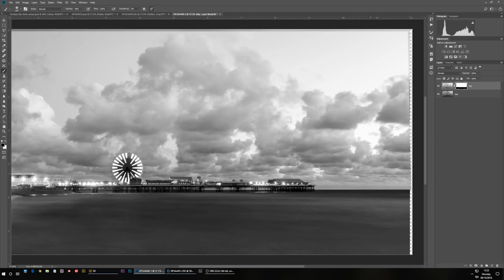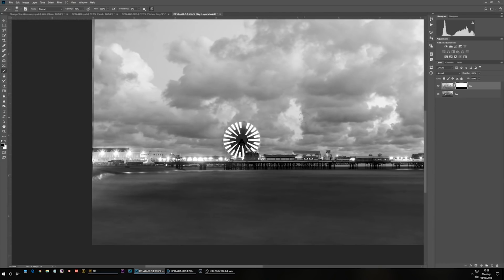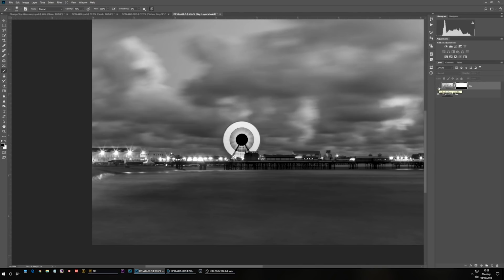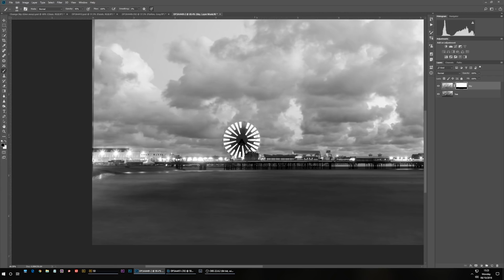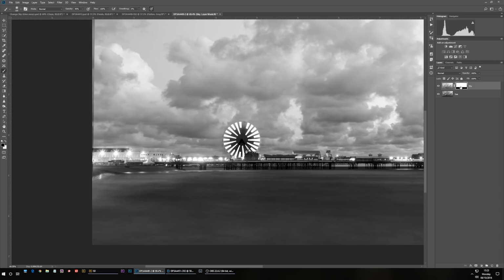Now, the reason why I've chosen this image is that in the sky, it's the faster shutter speed. And with the faster shutter speed, the wheel that was revolving is pretty much frozen. The image underneath has that lovely slow shutter speed where the wheel is actually moving in the frame, and it looks so much nicer. So all I'm now going to do is actually use the blurry part of the wheel and add it also into the sky. So this is why I chose this image,